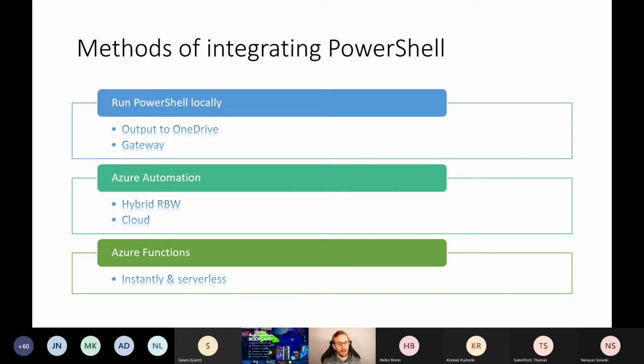And the advantage of Azure Automation is that you can either choose to run your PowerShell code directly in Azure using the Cloud Runbook workers, but you can also choose to deploy those workers in your own environment.